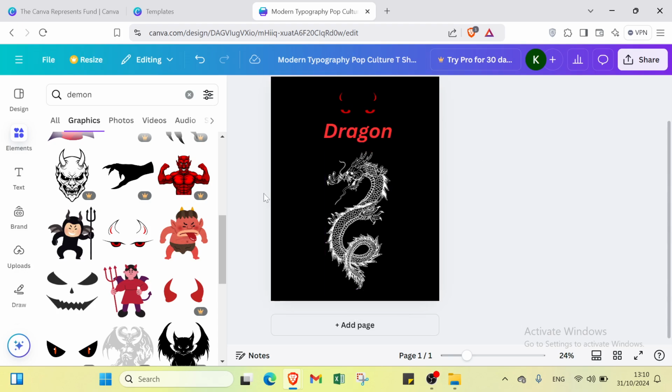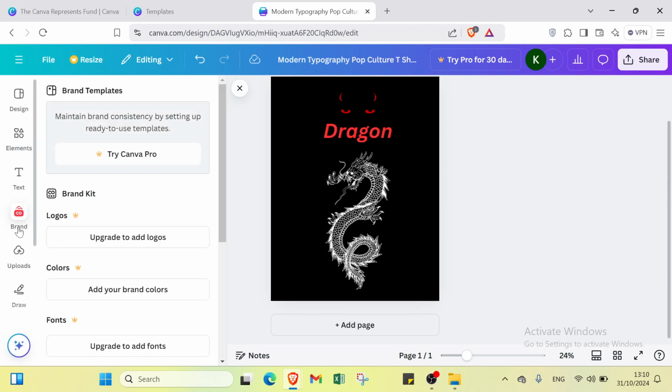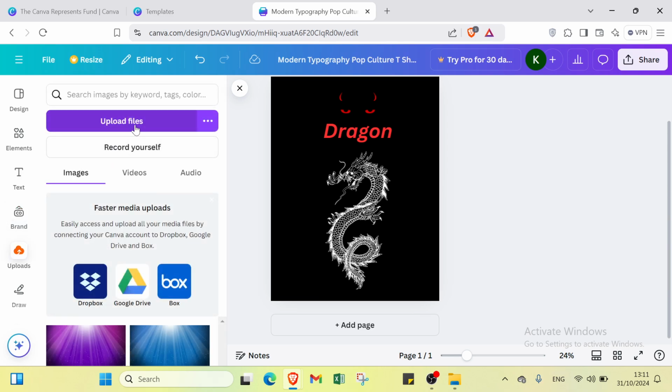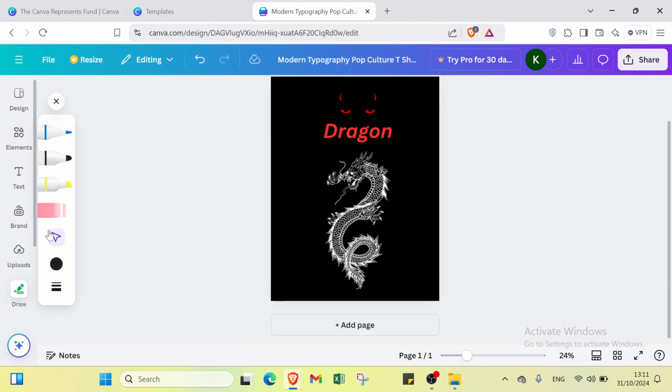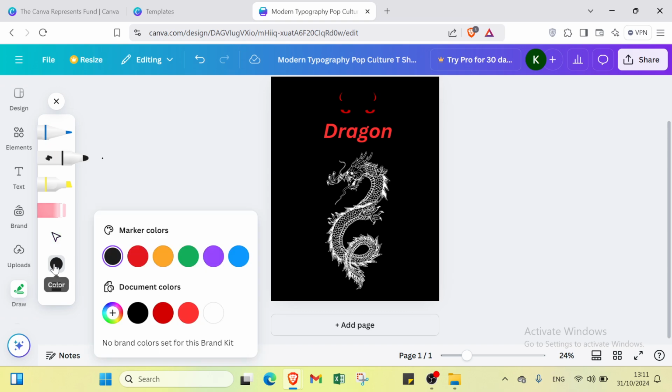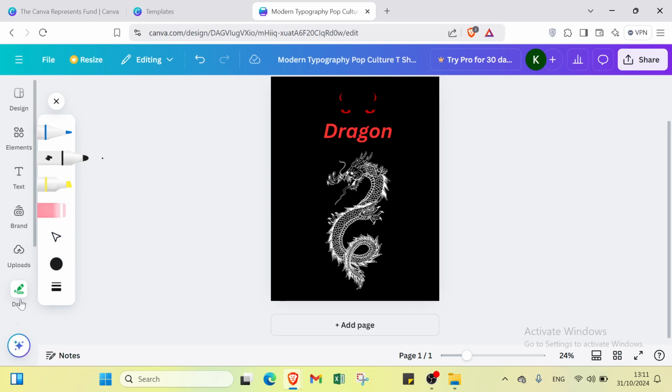Right now you can add also other things, like if you want to upload something to your computer, or you can record yourself by clicking over here. Also, if you want to draw, you click over here and select the color that you want, as you can see. Then we have eraser, and also we have here other options like product, application, and QR code. Alright,